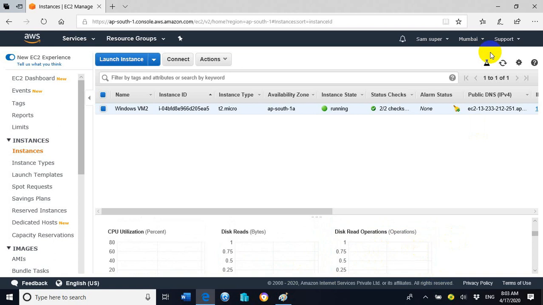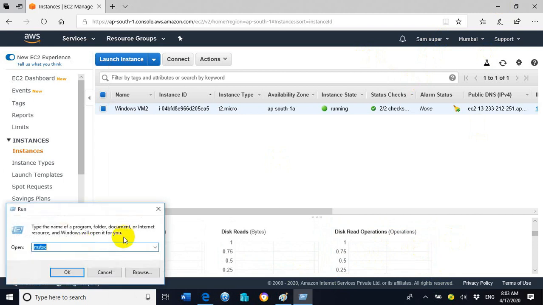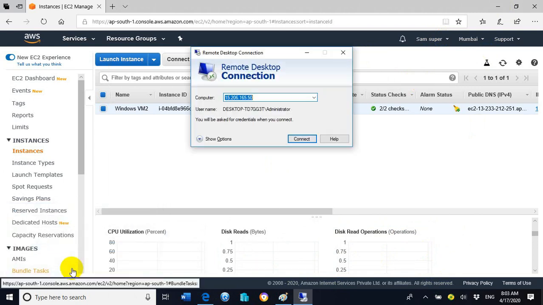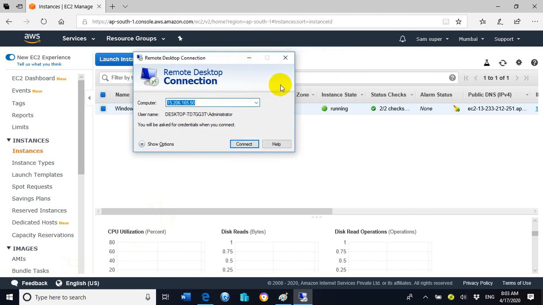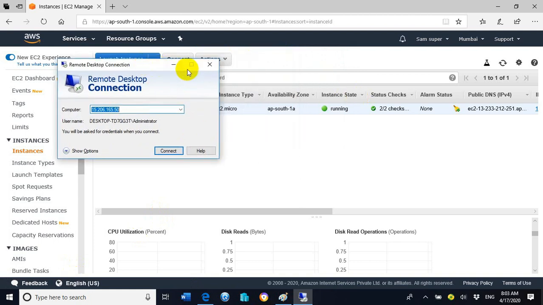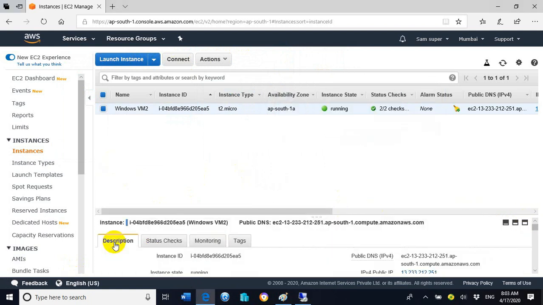Now let's go to the RDP console for getting the access of this EC2 instance remotely. So let's go to run and type mstsc, click on OK. Now you can see the RDP connection console in which we need to enter the public IP address. For getting the public IP address we need to go to the description.